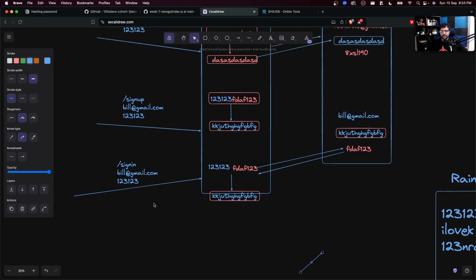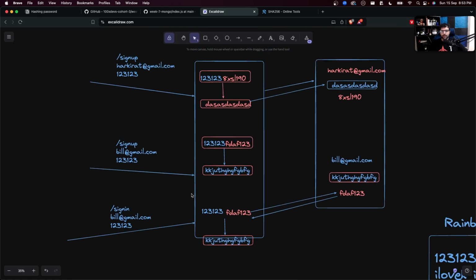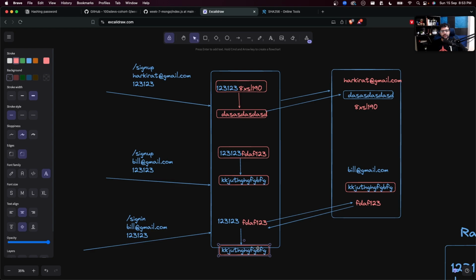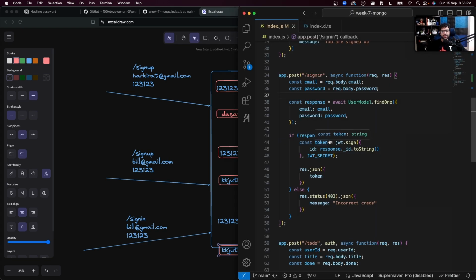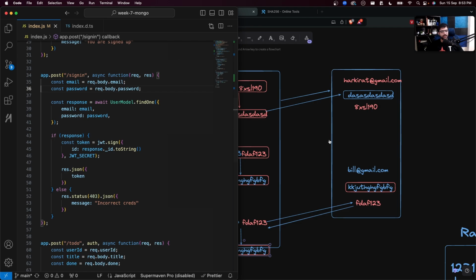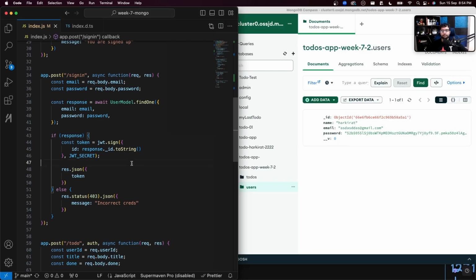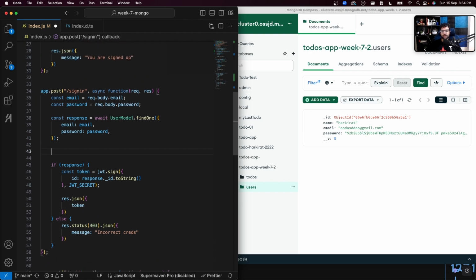Okay, when the user sends a sign-in request, we first fetch the salt from the database. Then we run the same algorithm again. And then we find the final string, compare it with the thing that is stored in the database. So we can write all of this custom logic. Or again, thankfully, since everything is stored over here in this very long string, bcrypt provides you a function. I repeat, bcrypt provides you a function called